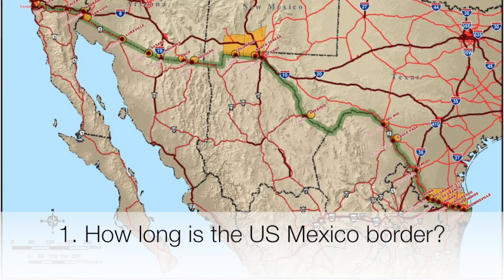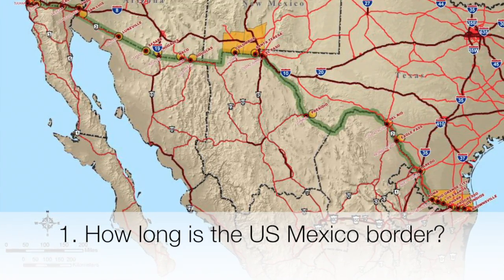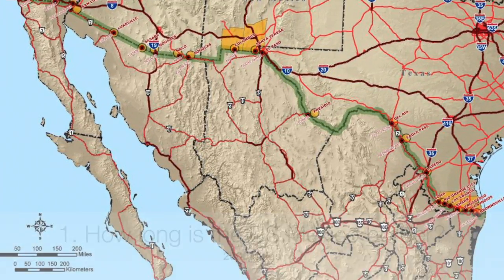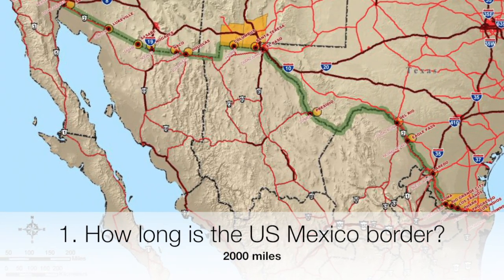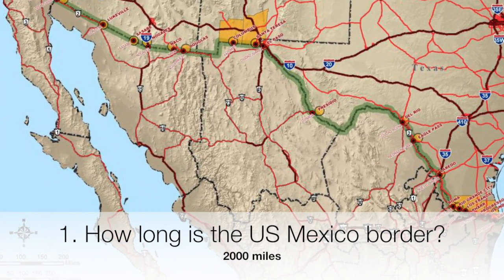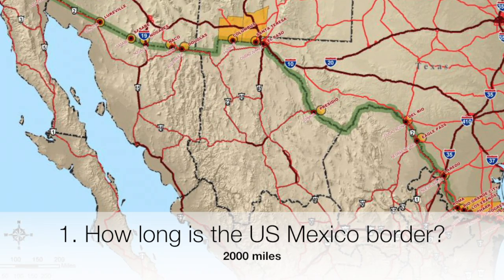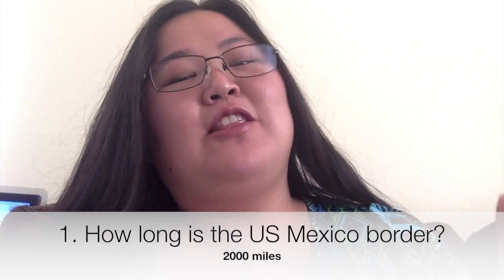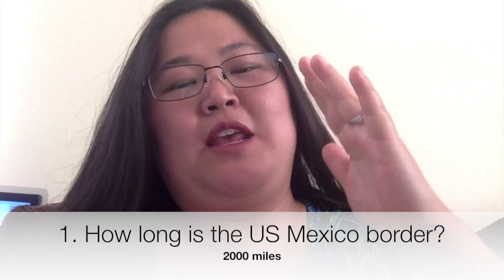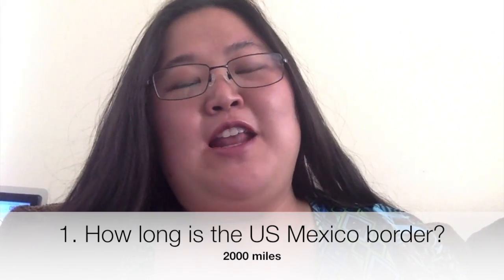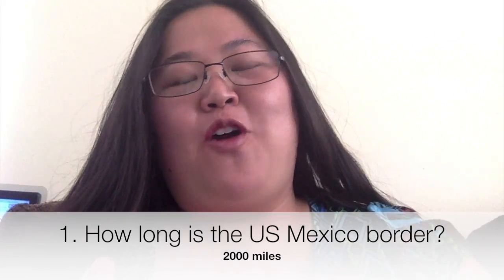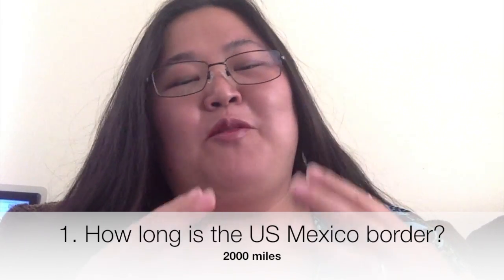So, in order to figure this out, we're going to need to know two pieces of information. How long is the US-Mexico border? I did some research online. It is about 2,000 miles long. Now, this is going to treat it as if it's one smooth line. In reality, there's mountains, there's rivers, there's peaks, there's valleys. If anybody has the data for all that topography, I will gladly redo my calculation.